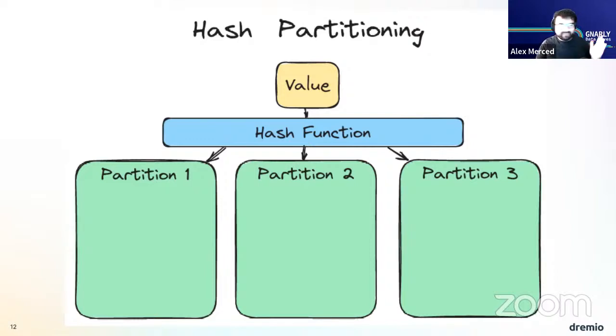So I might have data from 1, and let's say A and D, in partition 1. They're not necessarily sequential, but because of the way the value gets hashed, they ended up in partition 1. And this allows you to more evenly distribute the data to avoid things like data skew, like I mentioned earlier, because you're using the hash function to try to evenly distribute those values. So that's another approach to how you decide which records get written into which data files. Because again, partitioning is a segregation of data files. This data is in these data files. This data is in these files.